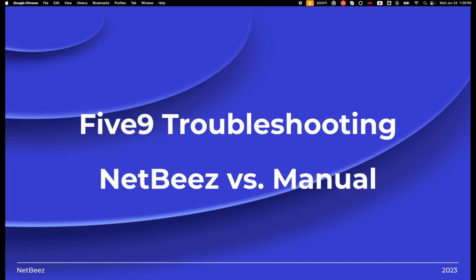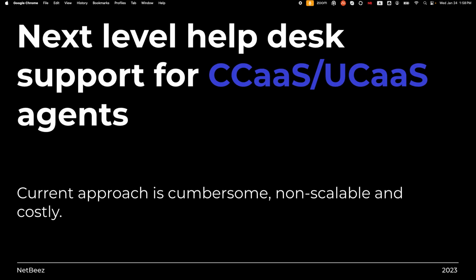Today, we'll talk about how to troubleshoot a very popular contact center as a service application, Five9, and how the native Five9 troubleshooting approach compares to the NetBeez approach. There is a way to do it offered by Five9, and it works well, but the problem is that it's cumbersome, manual, not scalable, and can be costly when you have to deal with hundreds or thousands of remote